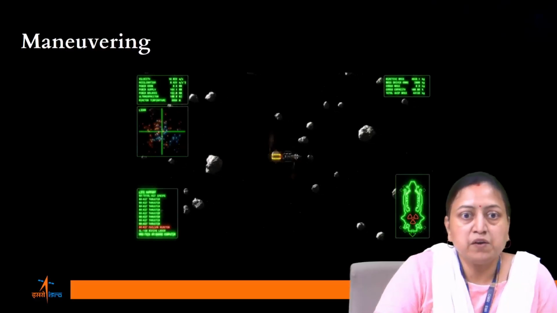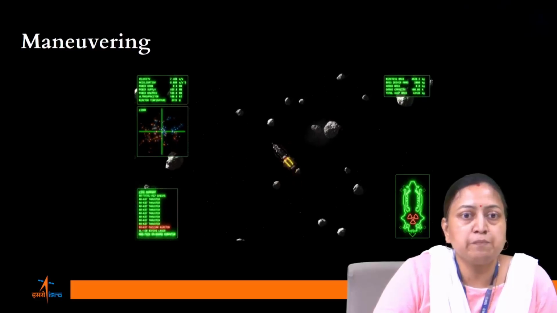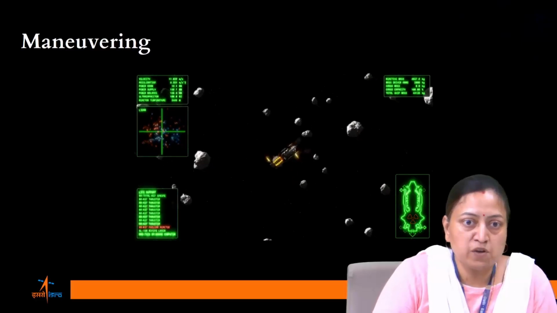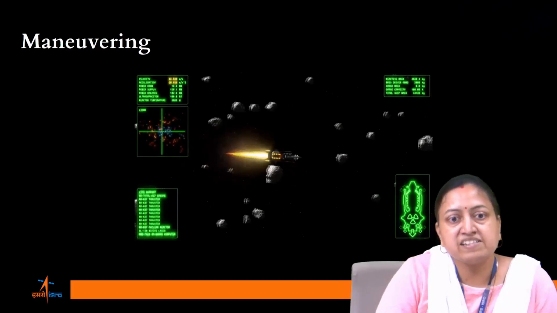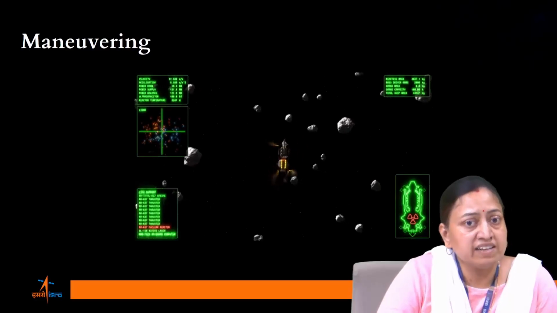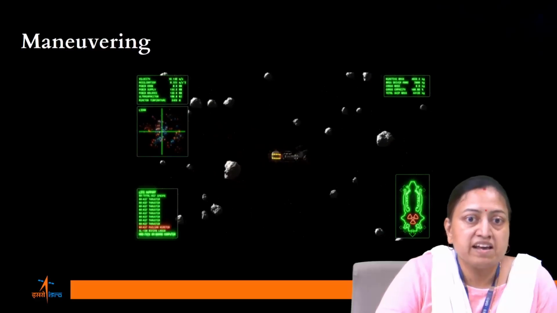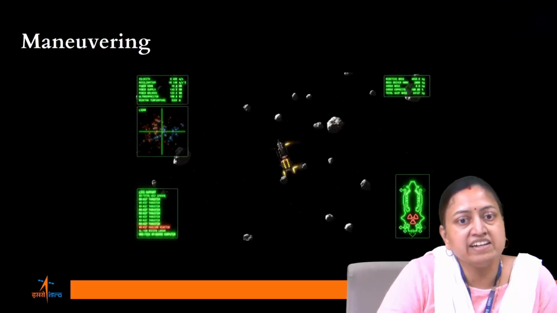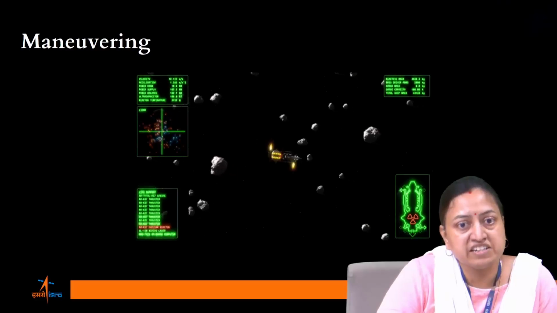Maneuvering. To maintain the intended orbit, small thrusters are used to impart a small amount of energy. The technical term for this process of using thrusters is delta V or burn. These satellites carry some amount of propellants along with them. There are also other risks in orbit like near-Earth objects, space debris, and solar storms that can change the orbit of the satellite or entirely destroy them. A burn is also used for such emergency conditions.